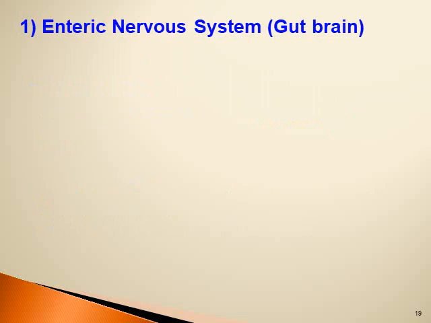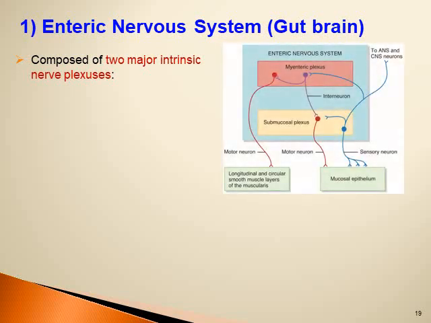The enteric nervous system, or the gut brain, is composed of two major intrinsic nerve plexuses, as I explained in the introduction. We have the submucosal plexus, which is present in the submucosa, and we have a myenteric plexus that is present between the inner circular and outer longitudinal smooth muscle layers of the muscularis externa, the third layer of the alimentary